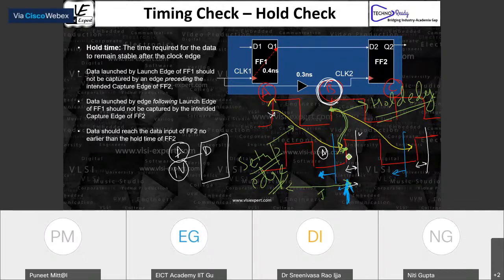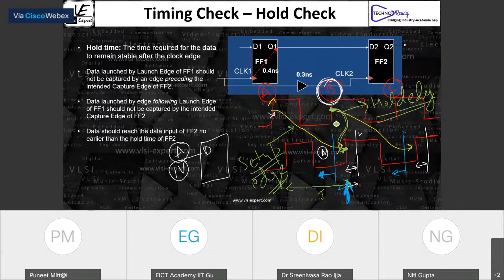In a hold edge, there is no time t. It's basically this clock is shifted in the right-hand direction. If it is not shifted, if it is 100% overlapping, it is the same edge. But in this particular case, it is shifted, but an edge is an edge. So you can say there is some certain delay.